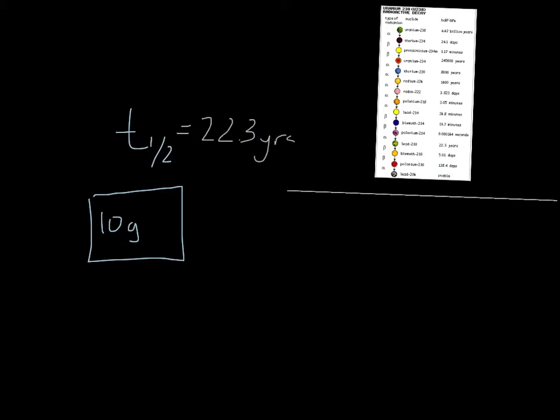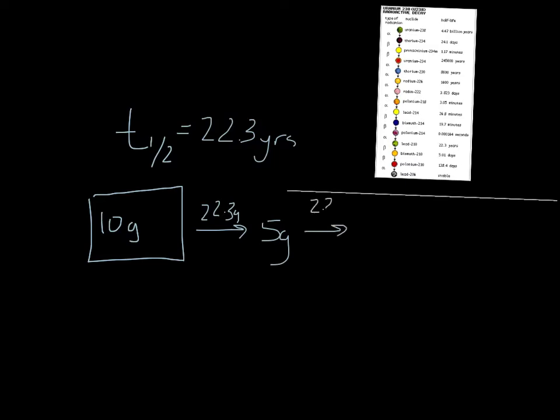So for example, if we look at lead-210, let's say we've got a 10-gram chunk, a nice even number. The half-life for lead-210, which we symbolize with T subscript 1/2, is equal to about 22.3 years. So if we have that 10-gram sample, after 22.3 years, how much will be left? Yeah, 5 grams. Now, what you might be tempted to say then is, okay, so after another 22.3 years,